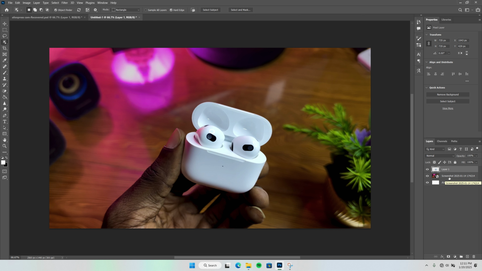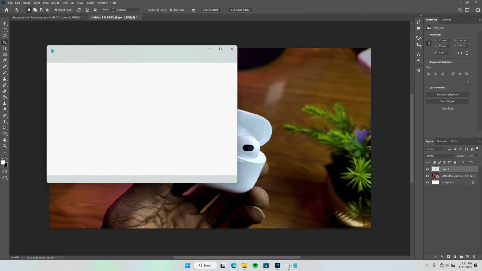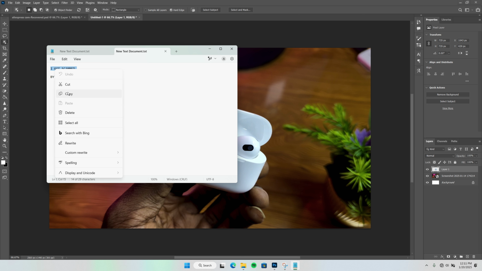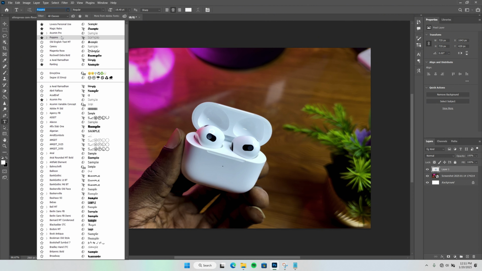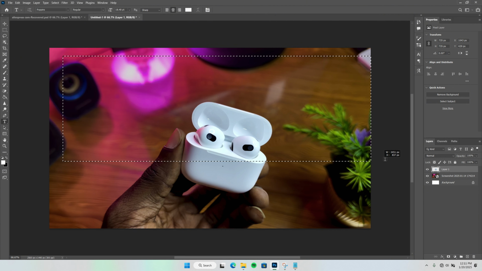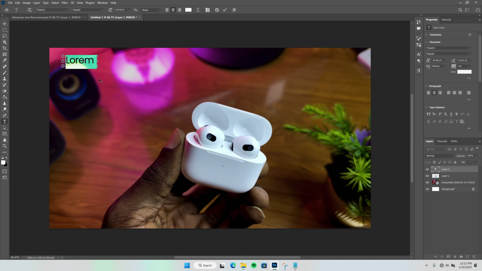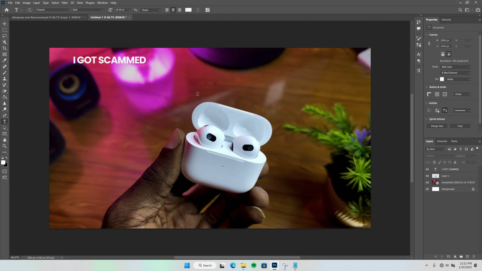Now the next thing for me to do is I'll add my text, and I already have the text over here, so I'll just copy it. Select my text. Now I want to use Poppins for this tutorial. Highlight my text like this and just paste it. So I'll highlight everything and select bold for this text. Now I'm done. I'll hit Ctrl T on my keyboard